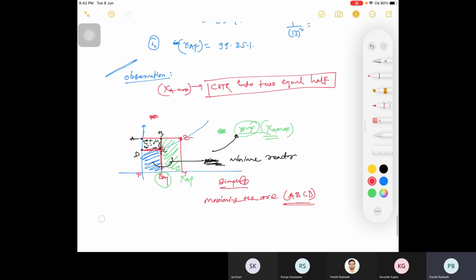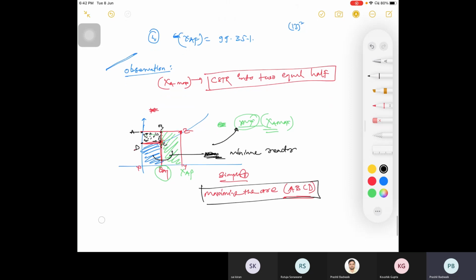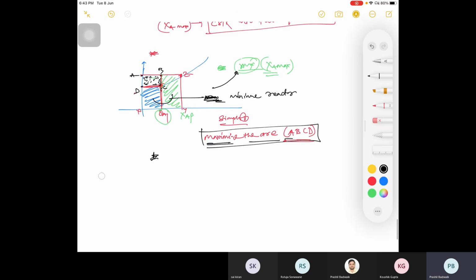The same question was asked when I was interviewed by ISC Bangalore. What I need to do in this case, suppose I want to maximize my conversion in CSTRs. So maximize this area. Okay, so this was about this. If possible, I'll prove it. So we'll start with the proof.